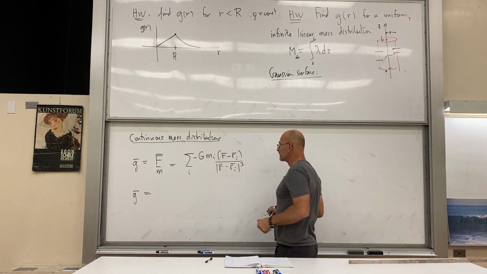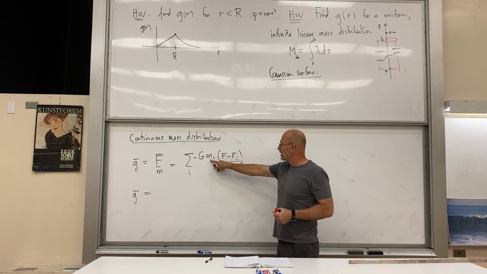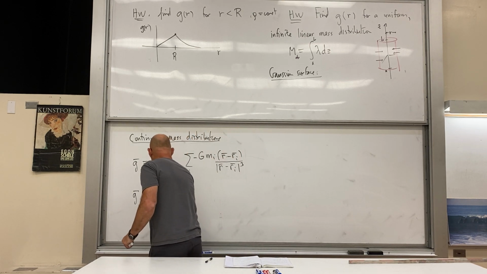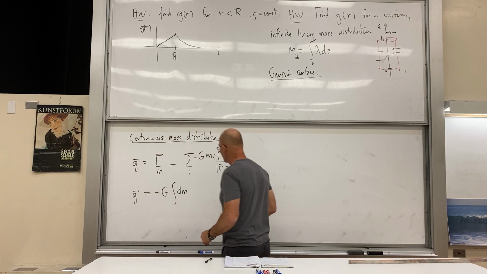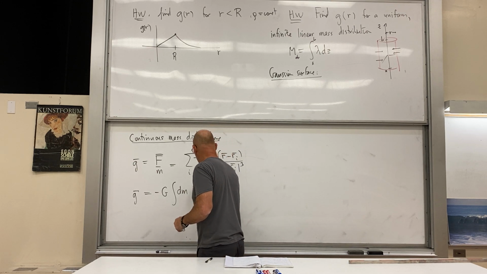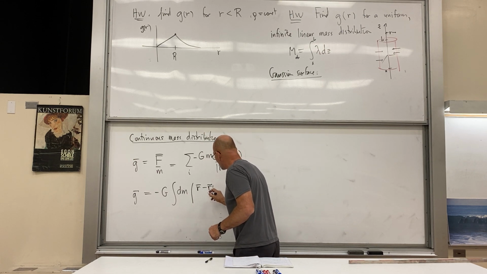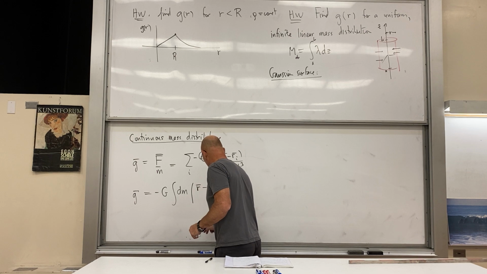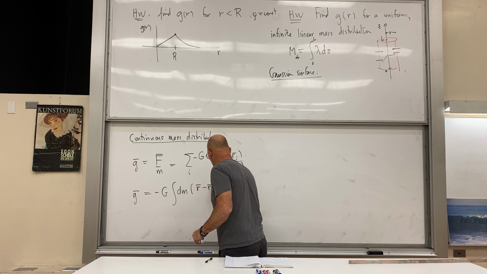Obviously the sum's going to turn into an integral, and the m's are just going to turn into dm. That's really all we have to do. So we have minus G integral dm, and now the dm has to be referring to the following. We've got r minus r, so instead of a subscript there, I'm just going to give it a prime, and do this. R minus R prime divided by R minus R prime